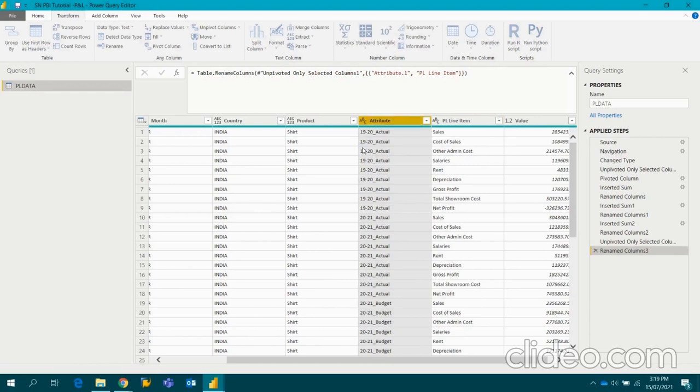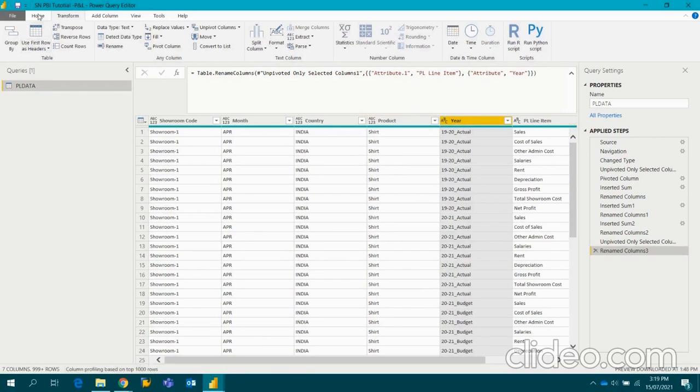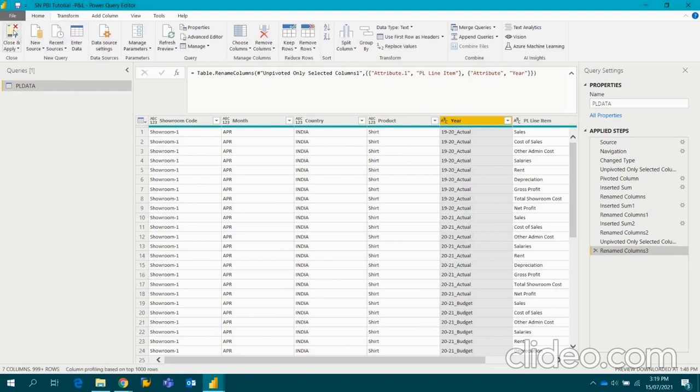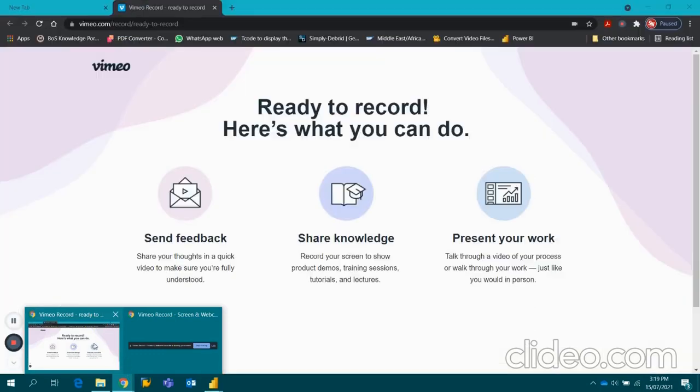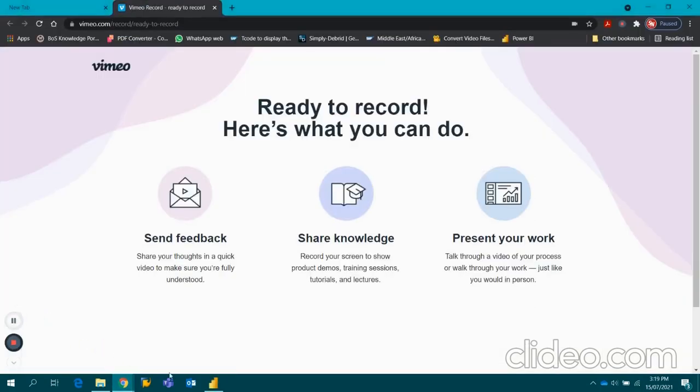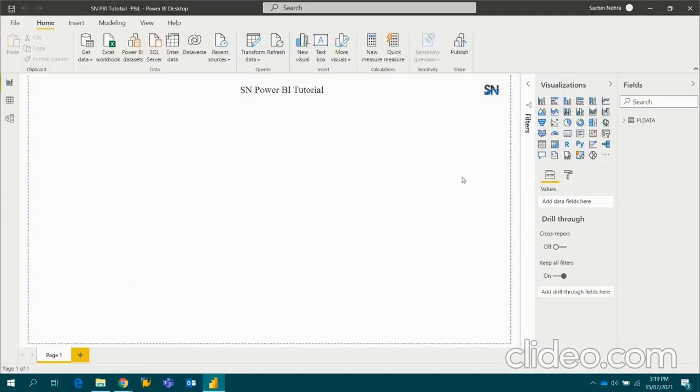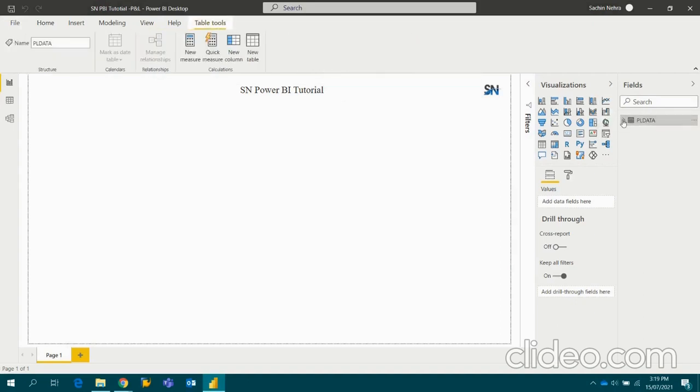This is my year and this is my value column. Now I'll simply close and load. After doing so, I just need to bring this in tabular form.